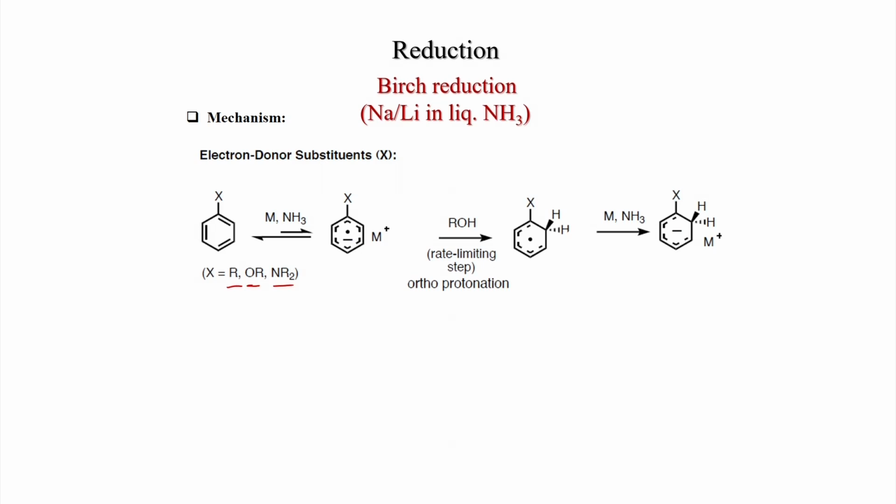And now again lithium in liquid ammonia comes, then the radical becomes an anion, and after that this anion stays at the meta position, because earlier I told that here the radical was formed, so they will be maximum para to each other. So ultimately this anion will stay here, and that is why this is called meta protonation. So first will be ortho protonation and the second will be meta protonation, and you now get this cyclohexadiene system where the substituent contains the double bond.